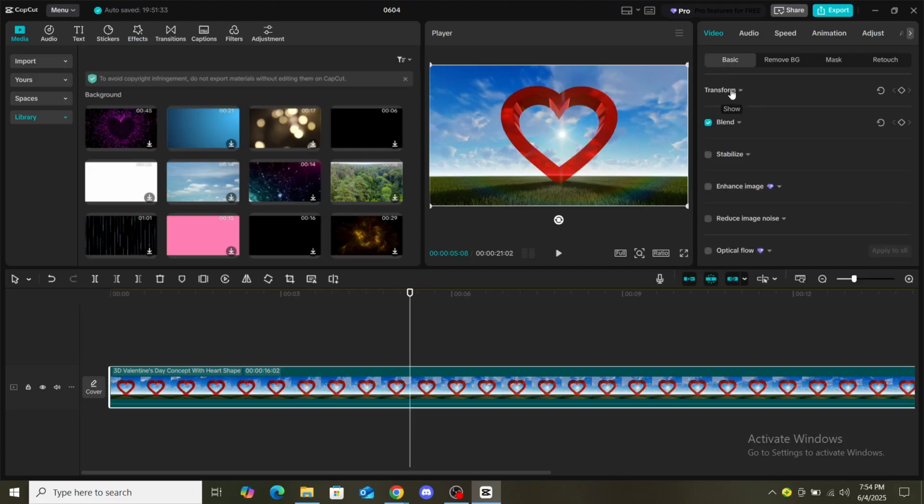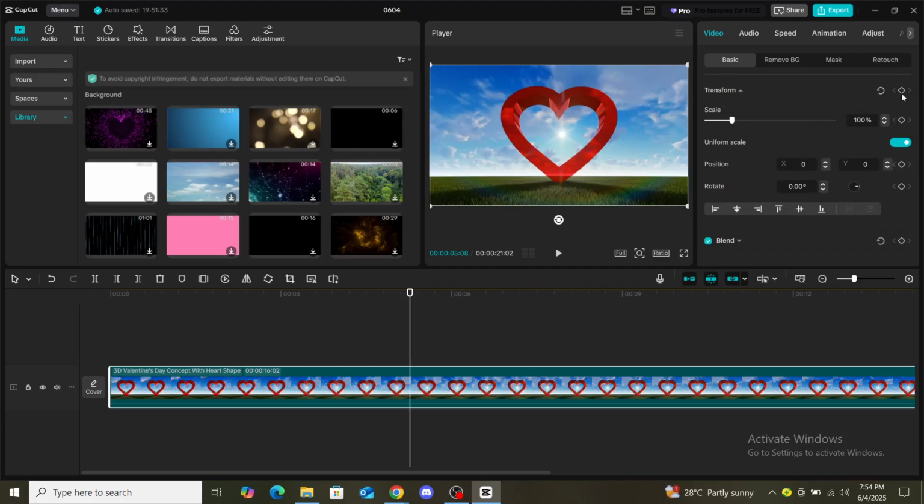You can see transform, you can open and close that, and you can see here add a keyframe. So if you click on this, right click the keyframe to create variable speed animations. So you can see here this little diamond right here means that's a keyframe. You can see uniform scale is turned on, scale is turned on as well. So you can have some very specific options for this keyframe, and you can have it looking a bit different